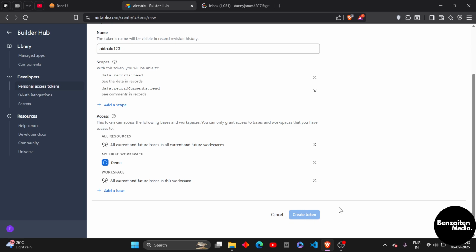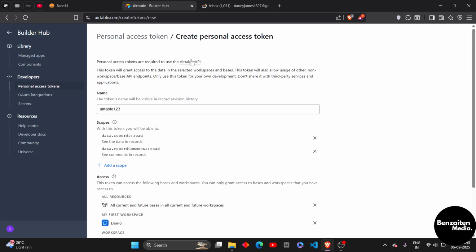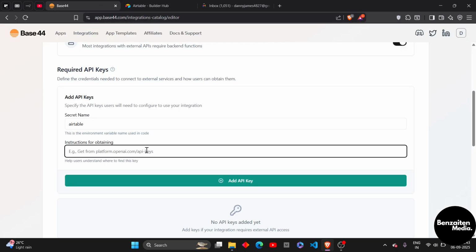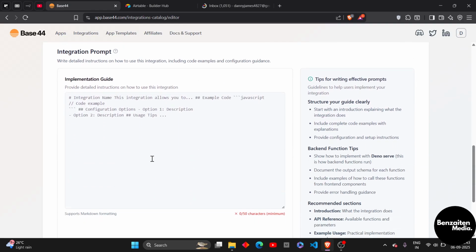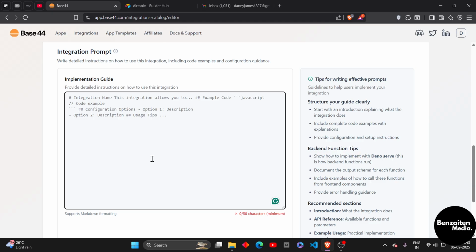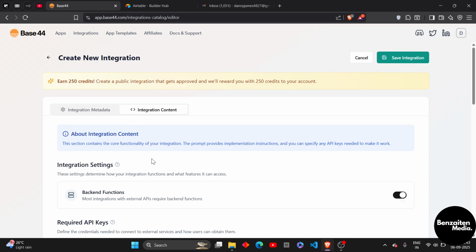I currently haven't verified my email, that's why it's not showing me the option. So just simply click on create token, and after that just copy the API key that it generates, and after copying, paste it here, and then click on add API key to add that API key, and don't forget to paste the API key again in the implementation guide, and when you're done, simply click on save integration to save